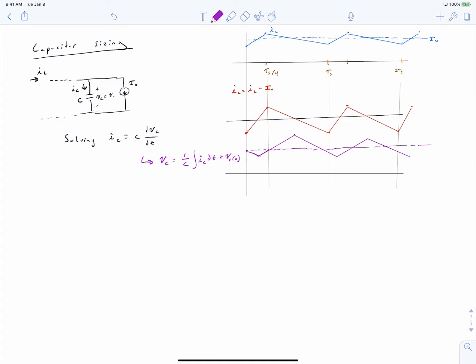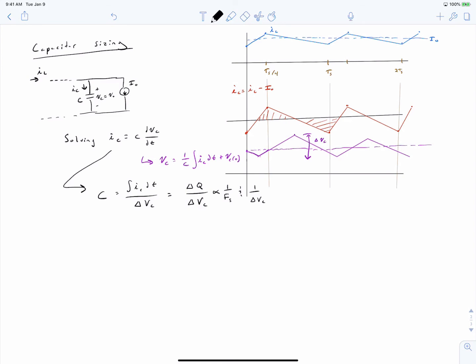The appearance of this waveform does not much matter for calculating the ripple voltage. What matters is the maximum deviation, the maximum peak to peak. And we're going to calculate this by again integrating the area within our current waveform. So we can say that the capacitance that's required is dependent on the current into our capacitor over our voltage ripple specification, and the integral of the current into our capacitor is representative of the change of charge within our capacitor, which is again going to be proportional to 1 over the switching frequency and 1 over